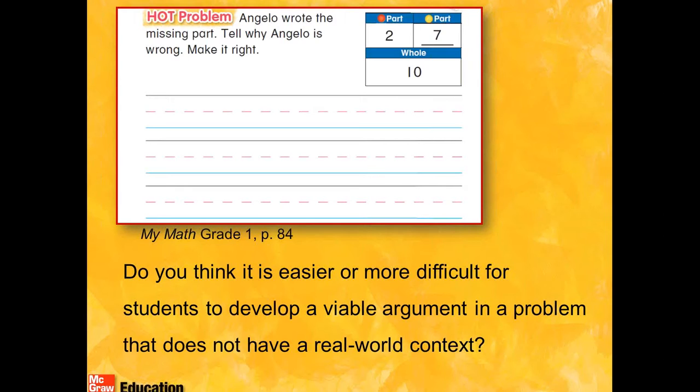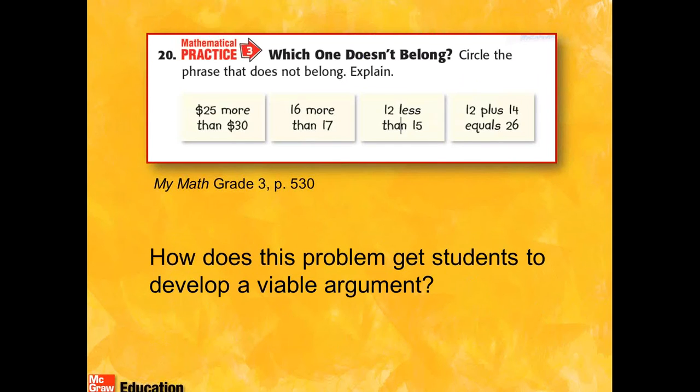Sometimes having a context for a problem makes it easier for them to understand or create an argument. Sometimes I think the context makes it more difficult if the student can't relate to the context. Putting their own story to it makes it more personal,